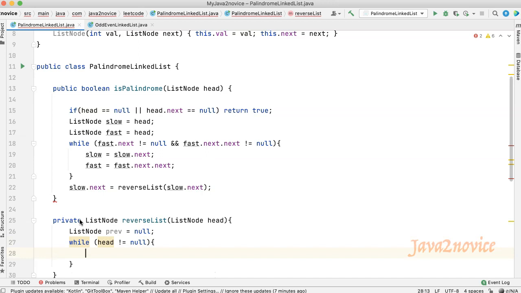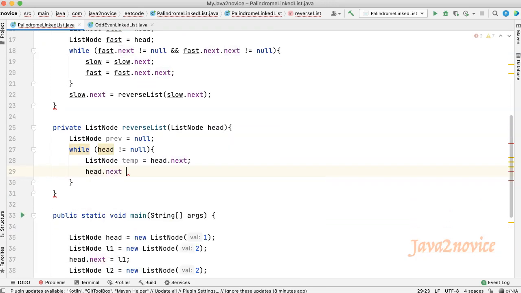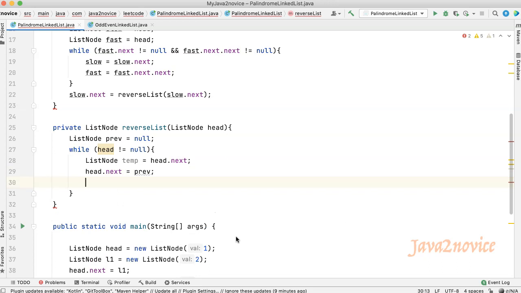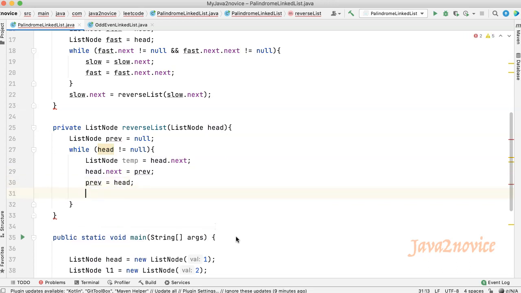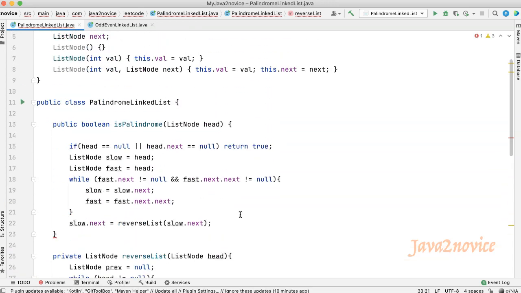Declare a temp node and copy the next node reference to it. Since we have copied the next node reference, change the head's next node reference to the previous node. Let's swap nodes. Finally return the previous node. It holds the head node of the reversed linked list. We are done with reversing the linked list after the mid position.